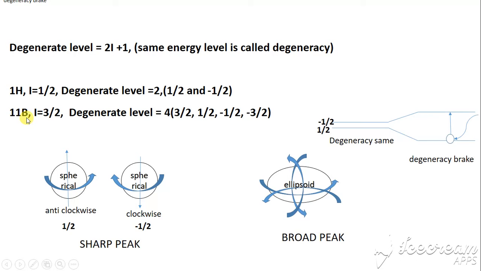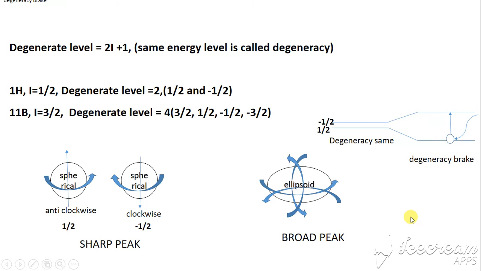For example, boron is a quadrupole nucleus. Boron has a spin of 3 by 2, and the degenerate level equals 4. Because of the 4 degenerate levels, boron gives a broad spectra, not a sharp spectra, and